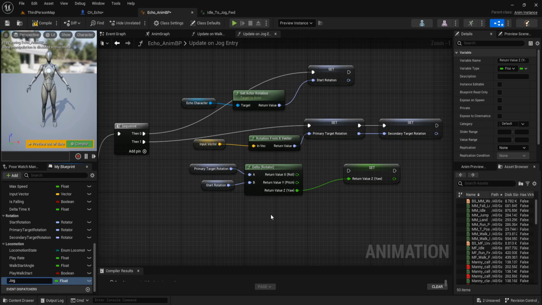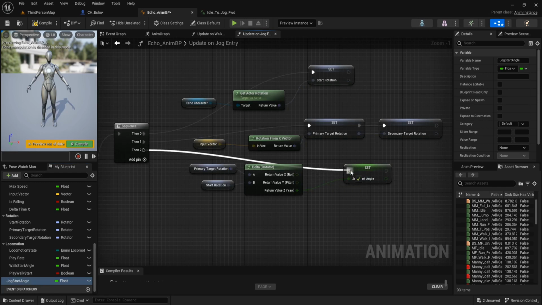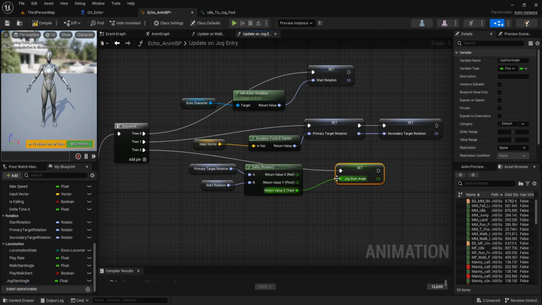Name is jog start angle, and add pin, connect it to jog start angle. This jog start angle is the same as walk start angle. To find which animation that we should play, the turn animation, can turn back, start walk forward or left or right.